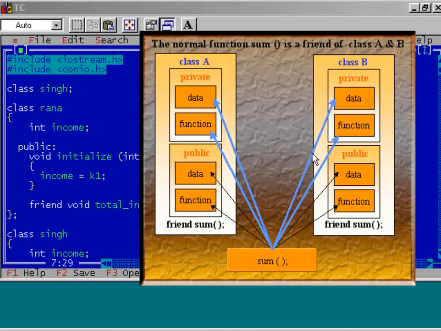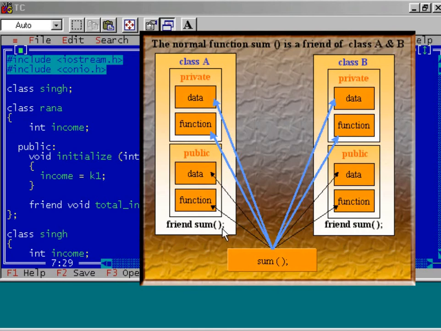We know that non-member functions cannot access the private members of the object. Hence, the above mentioned task is impossible to implement if you are interested to follow the principle of data hiding very strictly. What I said, if you want to follow the principle of data hiding strictly, then this task is impossible. But C++ provides the concept of friend function to solve this problem. The friend functions of the class can access the private members of the class.